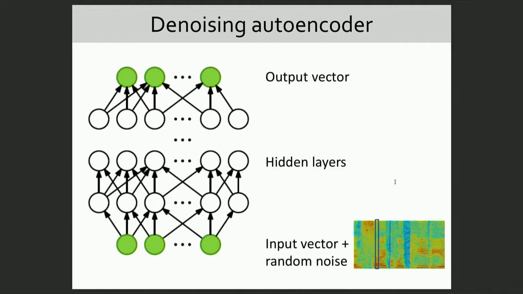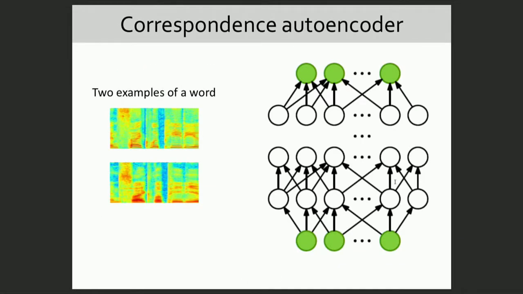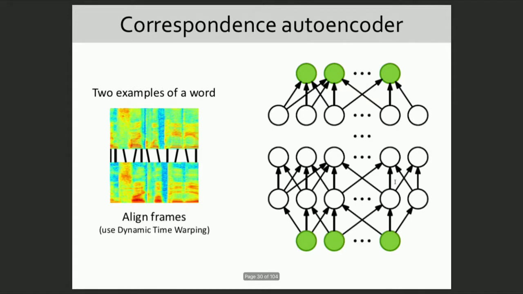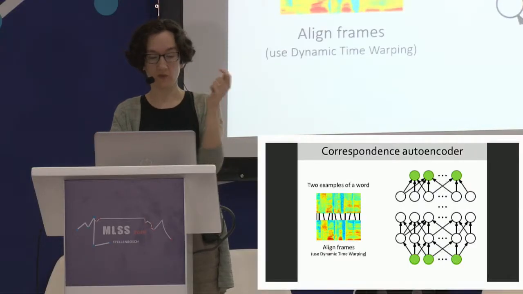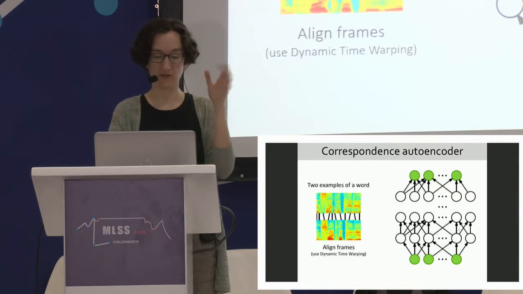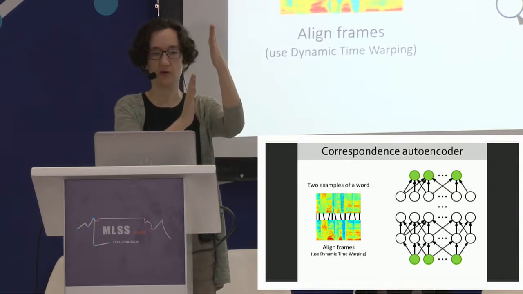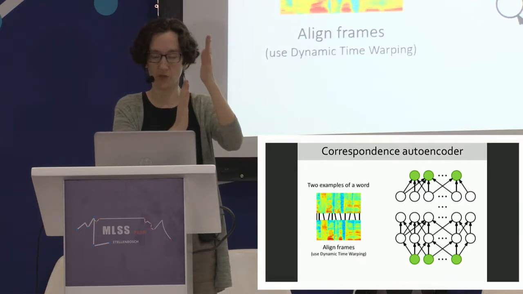So we call this a correspondence autoencoder. And the idea here is that now we're actually going to use two examples of a word to train this model. And what we'll do is first align the frames in those words, right? So remember, if we're looking at two different examples of a word, if I say some word twice, in one case, I might say it very quickly, and in another case, I might say it very slowly. So they're not necessarily the same duration. So what I need to do first is align the frames to basically say, okay, here's the bit of this word that corresponds to where it is in the other token of that word,